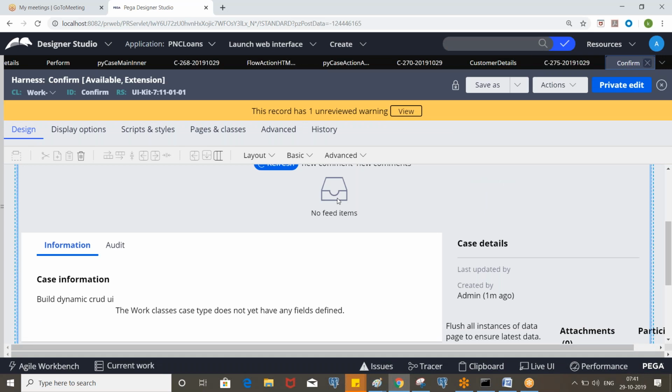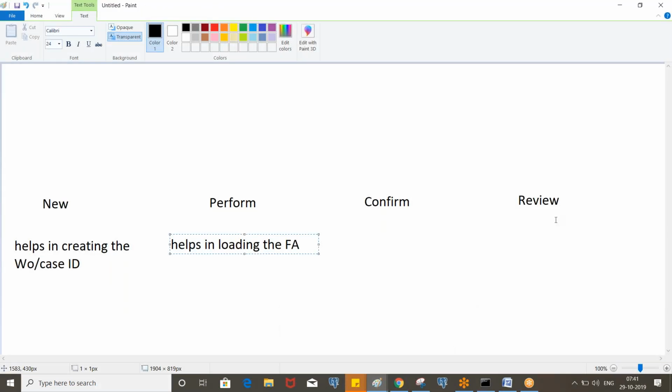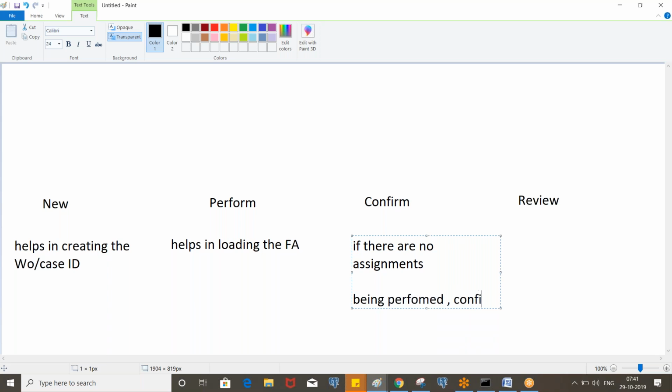And we have one more harness that is called the review harness. Okay, so what is the confirm harness? If there are no assignments being performed, the confirm harness will be displayed, meaning executed.